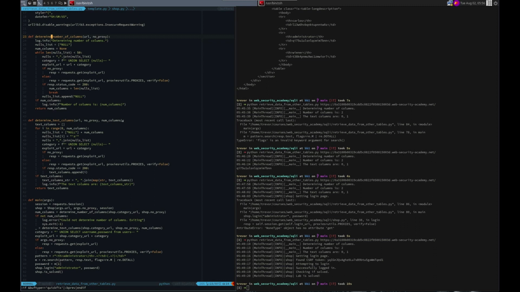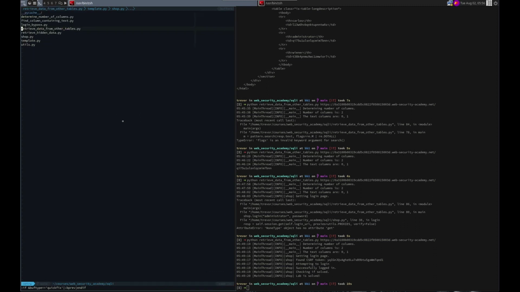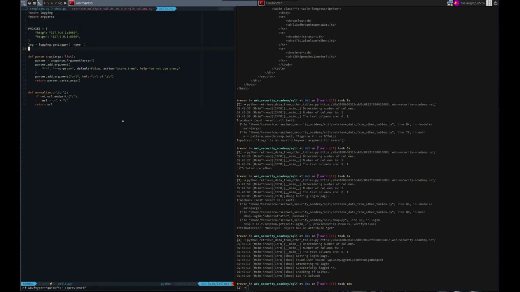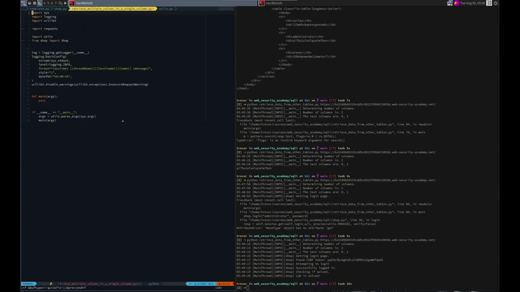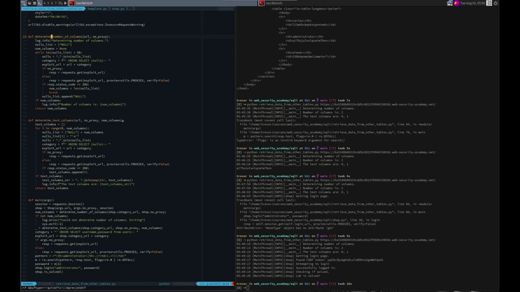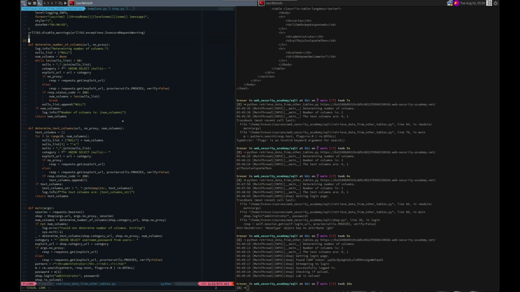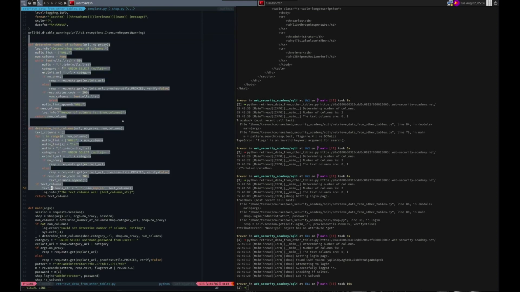Since we're going to do that, let's move them into another file so that we just import that file. Any updates we need to make will happen for every script that uses these functions. So let's move them into utils. We've already got this file here, so let's take this and this